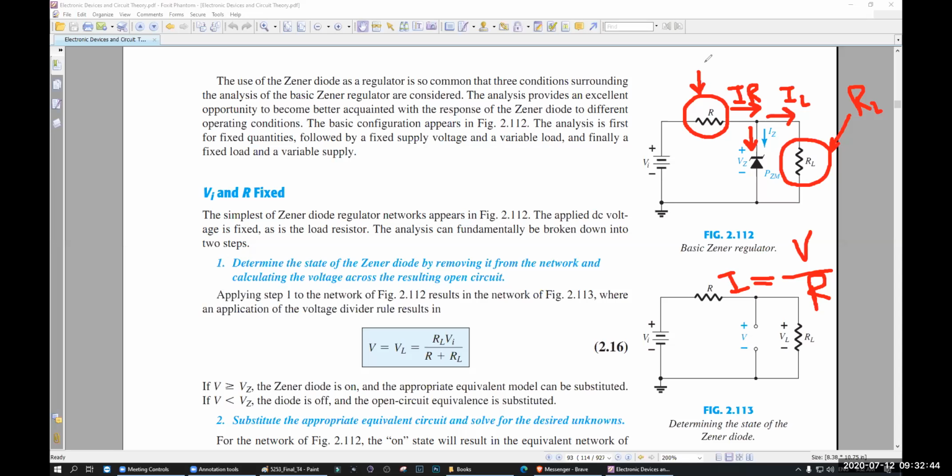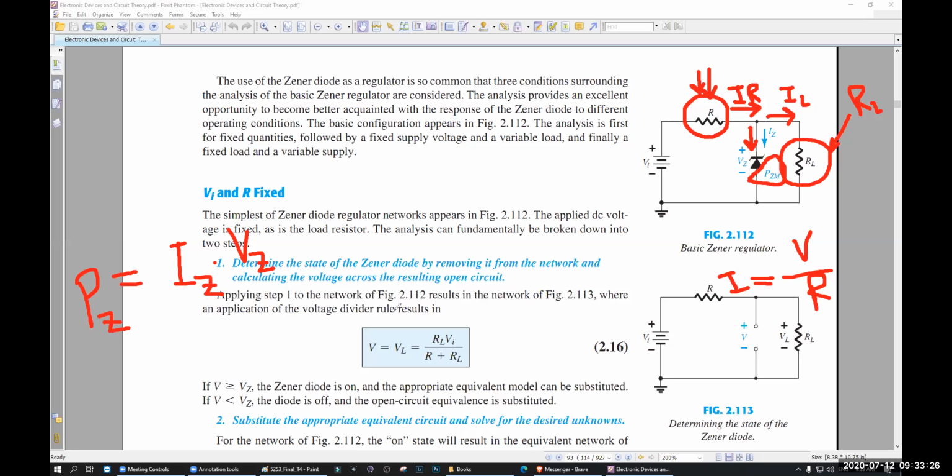The amount of voltage this resistance is getting will give you the IR. From this IR, a fixed amount of IL will go there, and the rest of the current will go through the Zener diode. And the Zener diode has a maximum power, PZM. What is the formula of power? P is equal to I into V. Now the V is actually VZ, the voltage. I is actually the IZ. So P is equal to PZ.